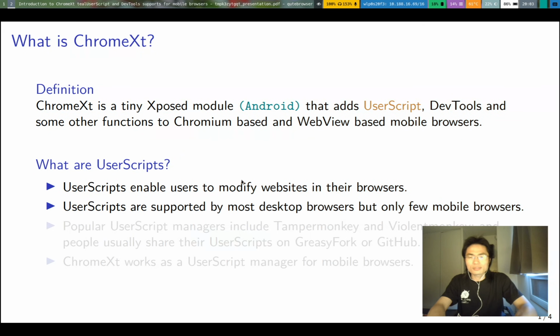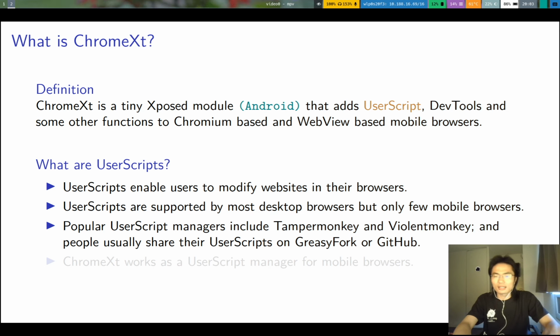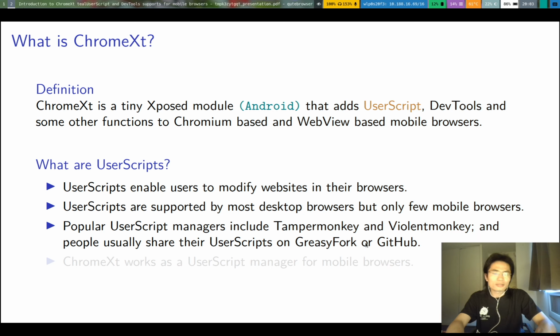User scripts are supported by most desktop browsers, but only very few mobile browsers. Popular user script managers include TemperMonkey, VioletMonkey, and others. Both of them are extensions for browsers. People usually share their user scripts on GraceFork or GitHub.